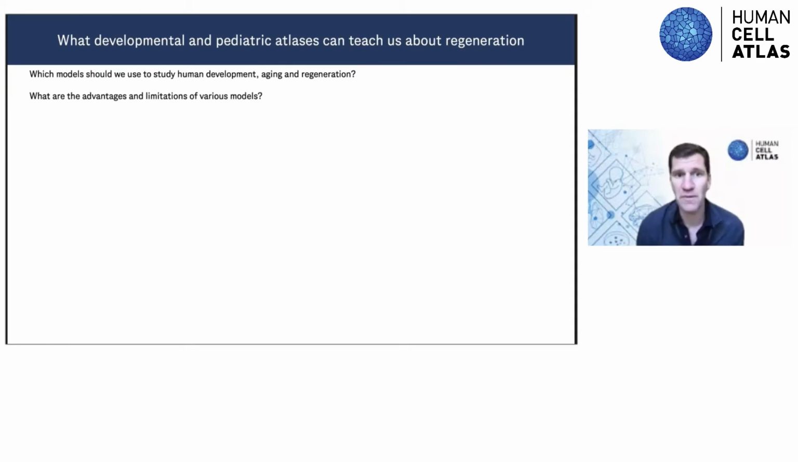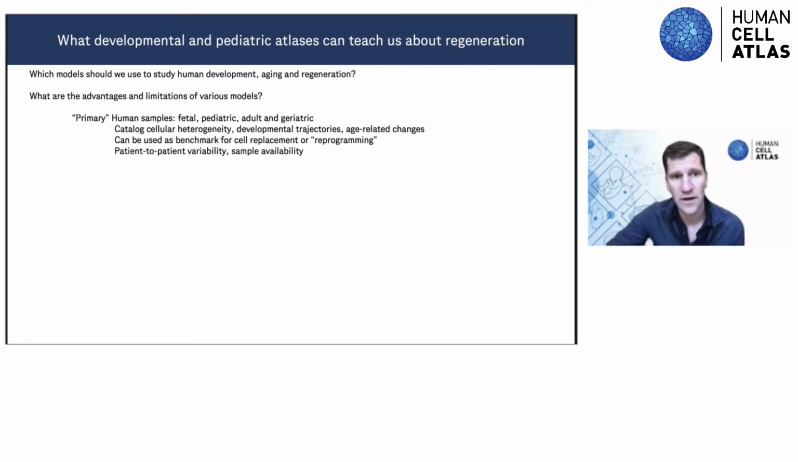So we thought about which models could be used to study human development, aging, and regeneration, and spoke briefly about some of the advantages and limitations of the various models. The discussion really centered around the ones that I'll highlight here. So I guess at the heart of it is primary human samples, both pediatric and fetal, adult, and I would include in this trajectory geriatric, because we know that the capacity for regeneration there is decreased. And I think there's something to be learned from comparing younger individuals to older individuals where you have the loss